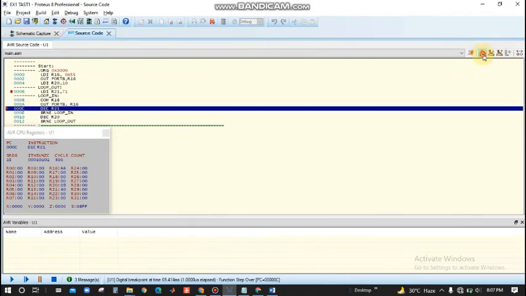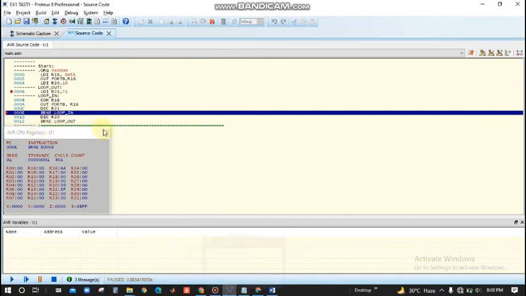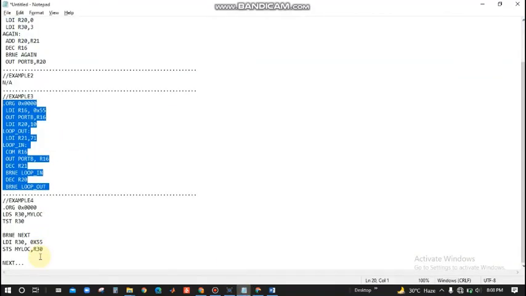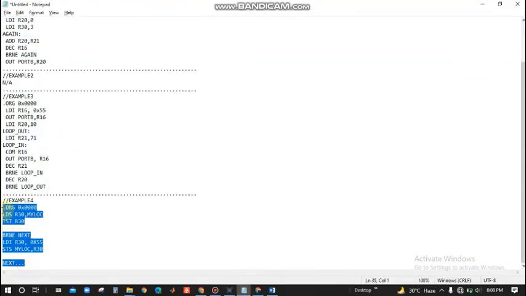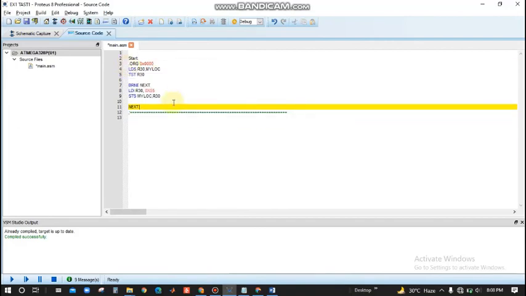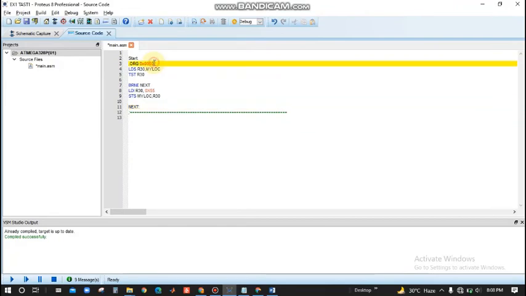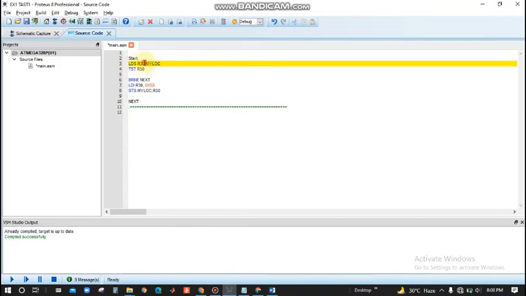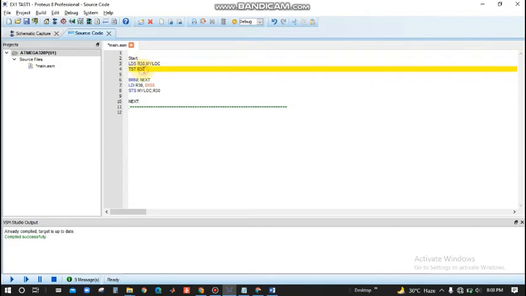Let's end this and move to the fourth and final code of our today's task. Let's copy this and paste it exactly into the Proteus source code, and I think we should remove this. We don't need that. And this is basically my location that is actually stored in R31, and we need 55